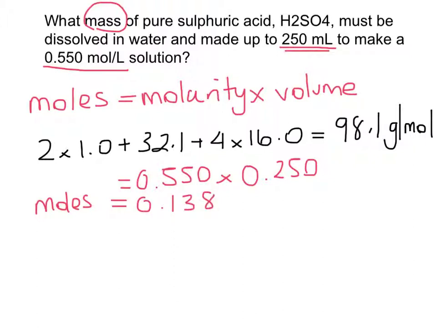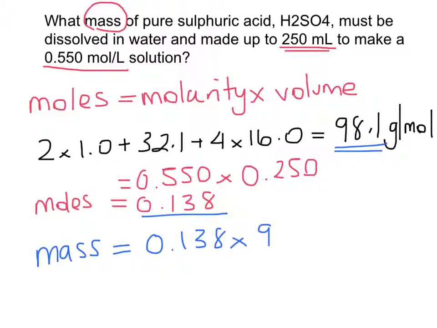Now we actually want to go back to the question. We're looking at the mass of the pure sulfuric acid. So we have the number of moles now. So to find out what the mass is, we take our number of moles. Mass is going to be equal to the number of moles, so 0.138. We want to times that by our molecular mass here, so 98.1, and that's going to give us, rounding up a bit,